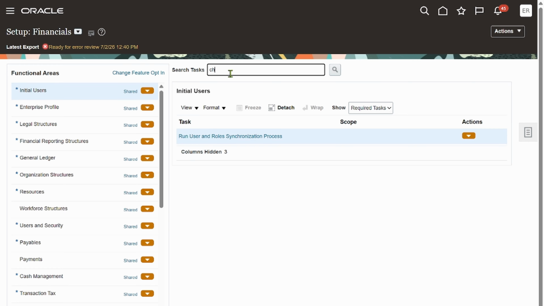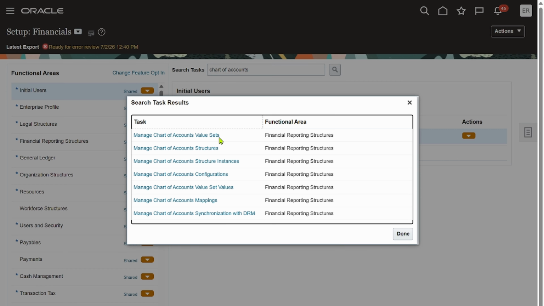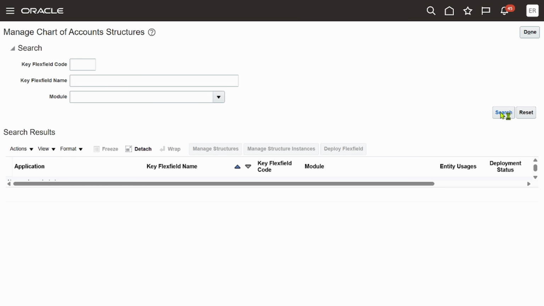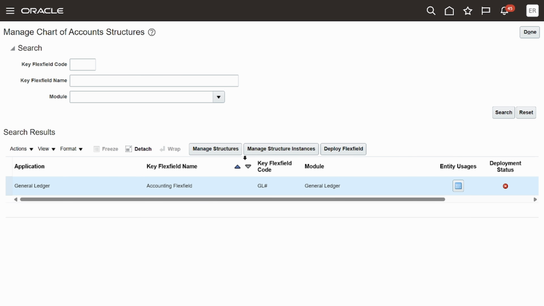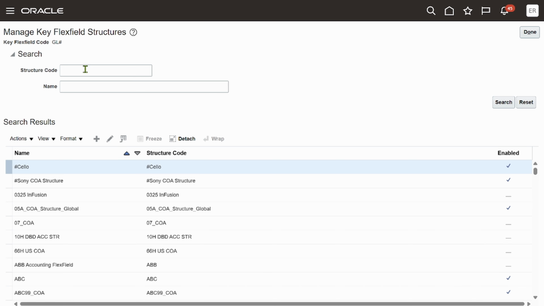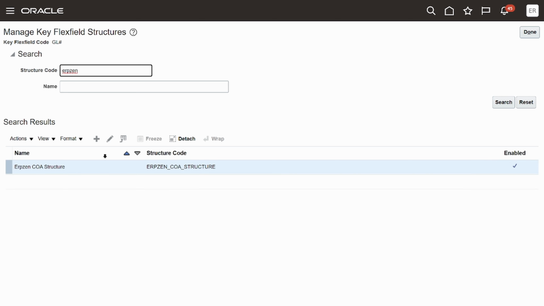Search for the task called chart of accounts structures. Manage chart of account structures. Click on manage structures. Now click on search. Search for your structure. Yes, this is our structure. Now click on